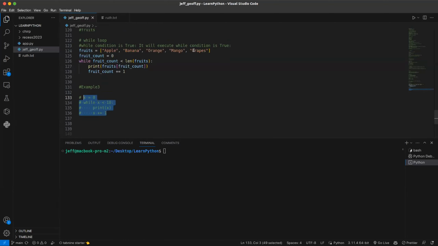Okay. Now, as long as fruit count is less than the length of fruits, this is the condition. As long as it's within the fruits, it will print that. Then fruit count will be incrementing by 1. So let's run that and see. So you see,